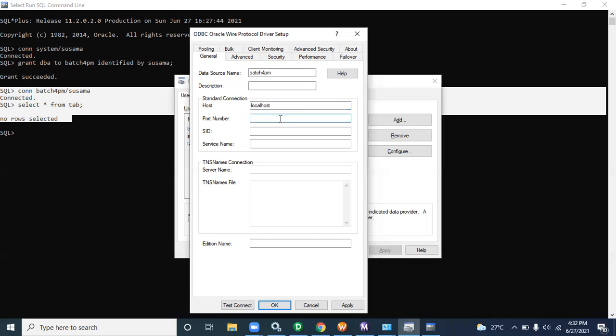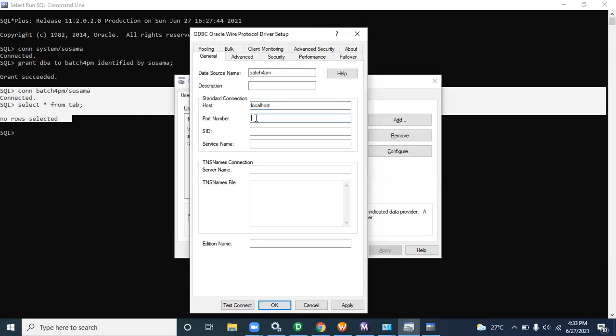And port number: Oracle has the default port number 1521, but in real time it is different. You will get a mail, or maybe if you are working with a small team or a small company, they will provide each and everything through mail. If it's a big organization, maybe. Can I see the IP address of this host? Correct. It's localhost, but at company level it's an IP address.